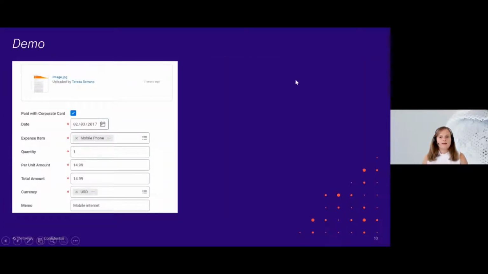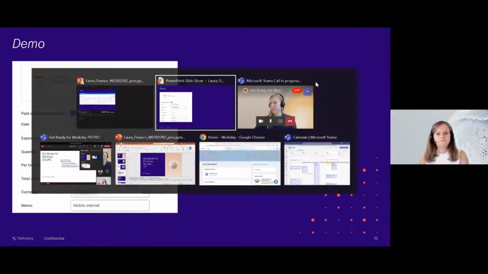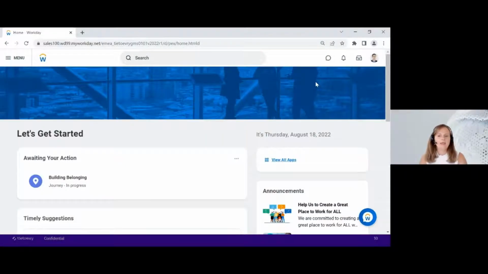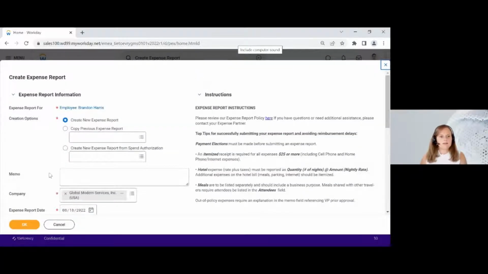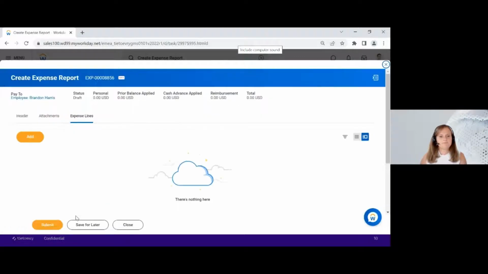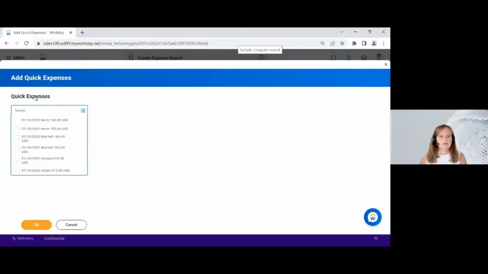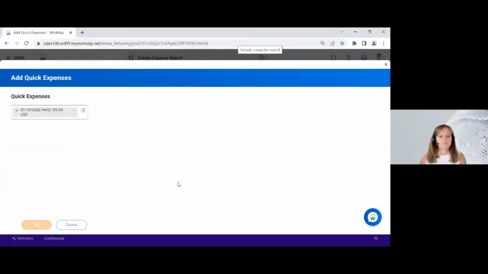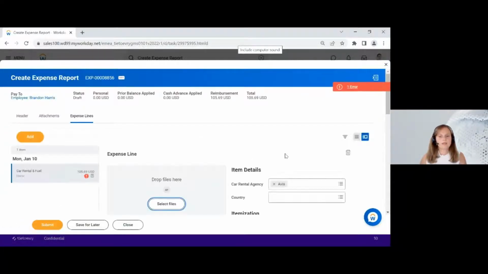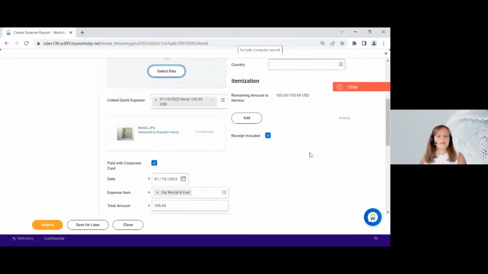Okay, let's now go to the tenant and check how it looks in real life. I have logged in here as Brandon Harris. Brandon is a regional sales manager, and let's try to create an expense report. Say OK here. And now when we are on expense lines, let's try to create a new expense report. Let's start with quick expenses. Let's take whatever expense we have here. Okay. So what has changed is that now there's